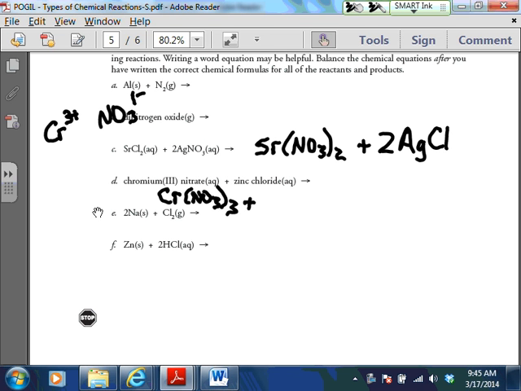And then zinc chloride. ZnCl2. Zinc has a 2 plus charge, right? So ZnCl2. I'm not going to have room. All right, so then on the product side, we just need to do our swap here. We're going to end up with